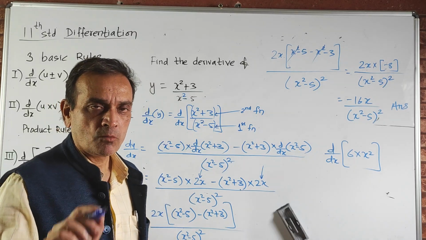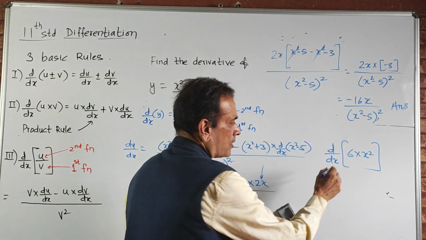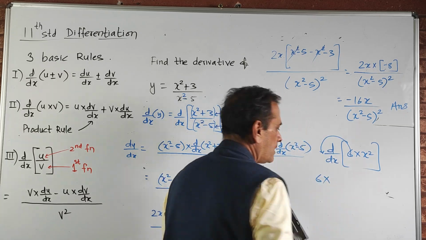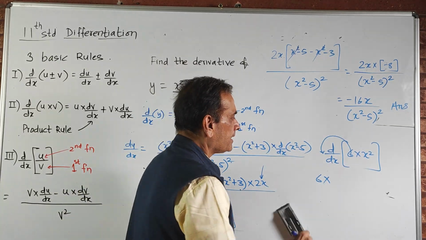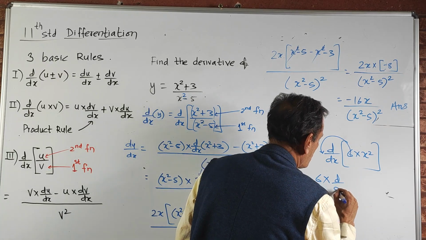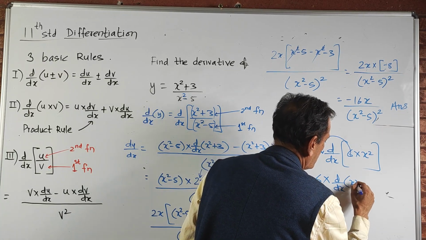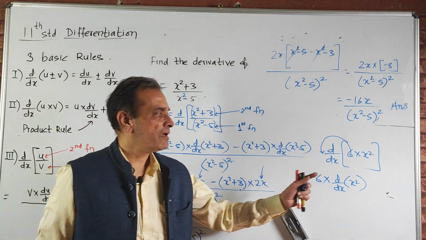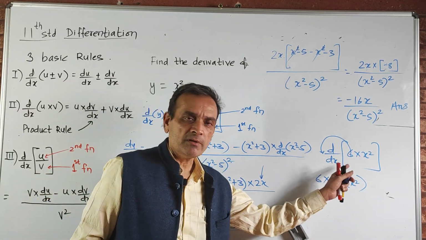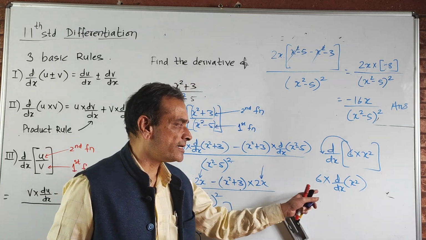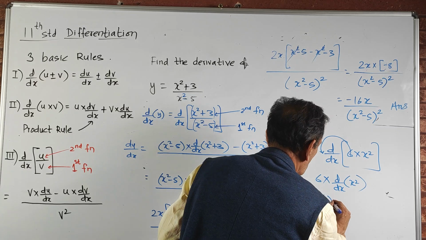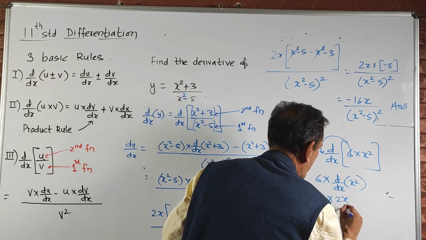So one more thing you have to remember, कांस्टेंट को बाहर लेना है. कांस्टेंट को बाहर लेके d by dx of x squared. That is one more rule you have to remember. Okay, so whenever a function variable is present with a constant, take the constant outside, अंदर डेरिवेटिव ले लो. So 6 into d by dx of x squared is 2x,